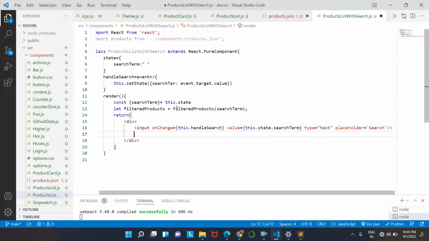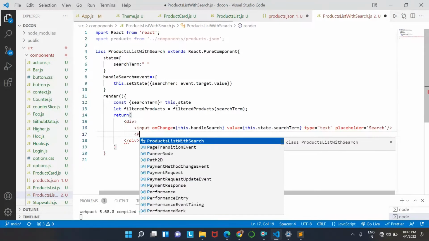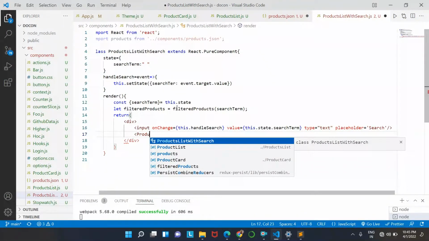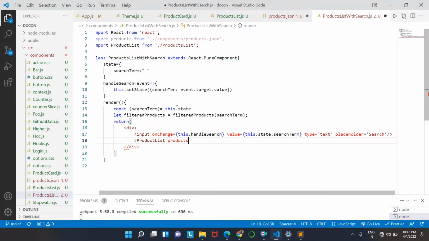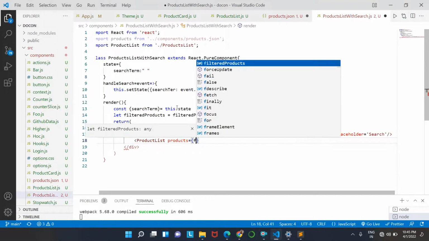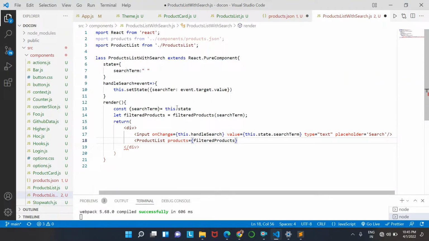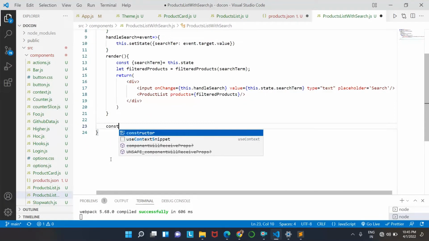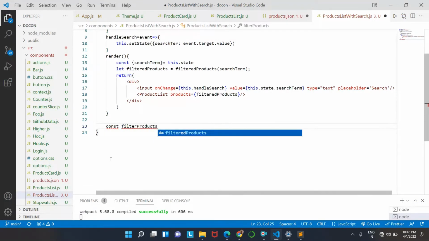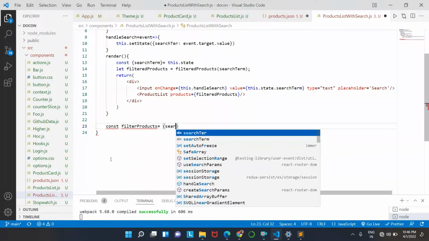After adding the input, we will render the product list. ProductList and products, and here we will be adding the filteredProducts. After this we will add the const filterProducts. We haven't defined that yet. So const filterProducts, it takes searchTerm as an input,